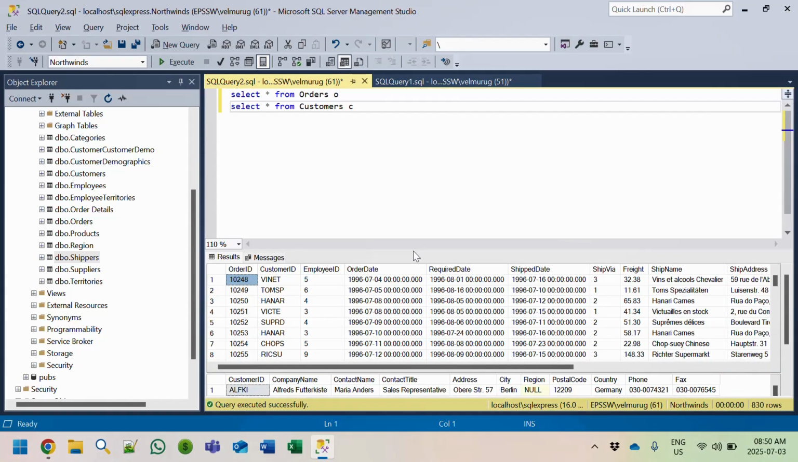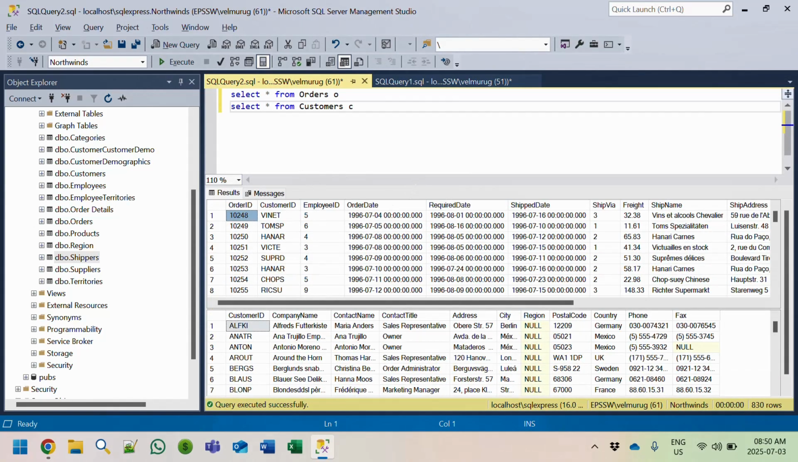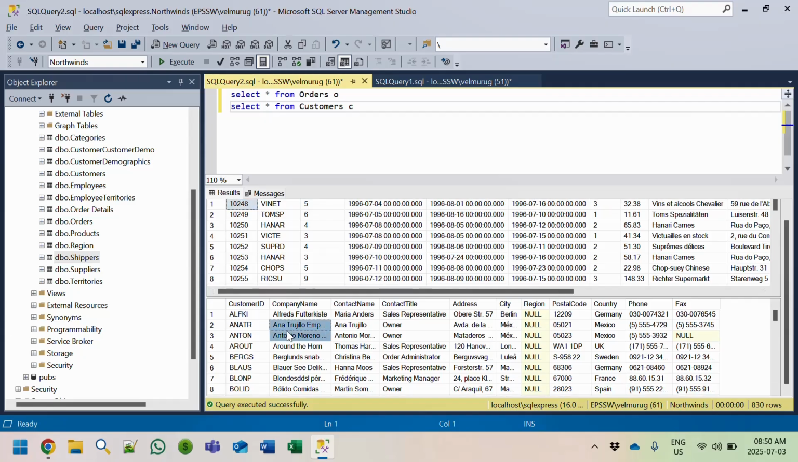And in this case, I need a single data set which includes order ID, customer name, and customer ID. In the orders table, we have order ID and customer ID, but customer names are in the customers table, which is called company name. So I'm going to use inner join